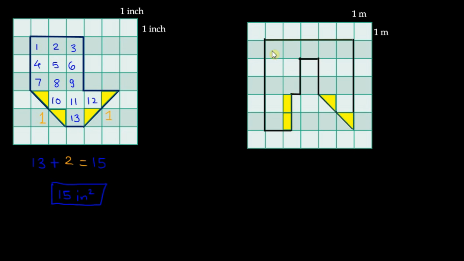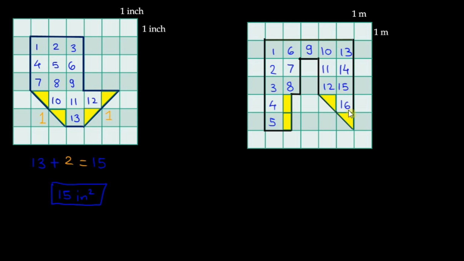So once again, let's count whole small squares first. So there are 1, 2, 3, 4, 5, 6, 7, 8, 9, 10, 11, 12, 13, 14, 15 and 16